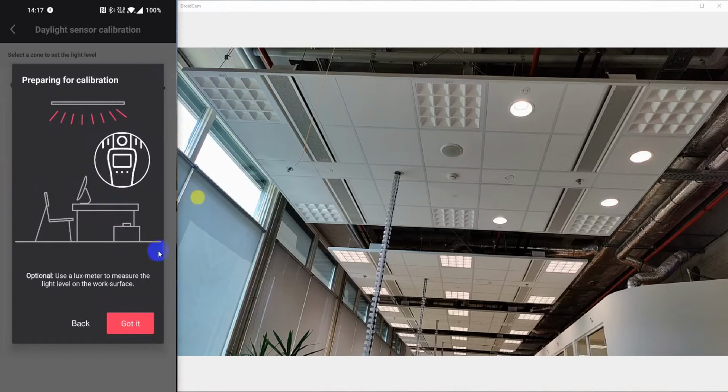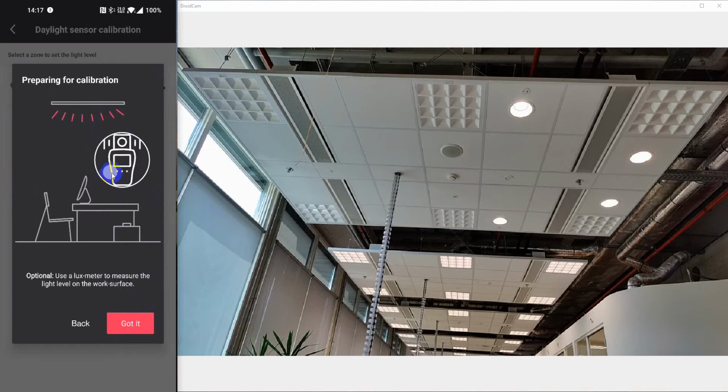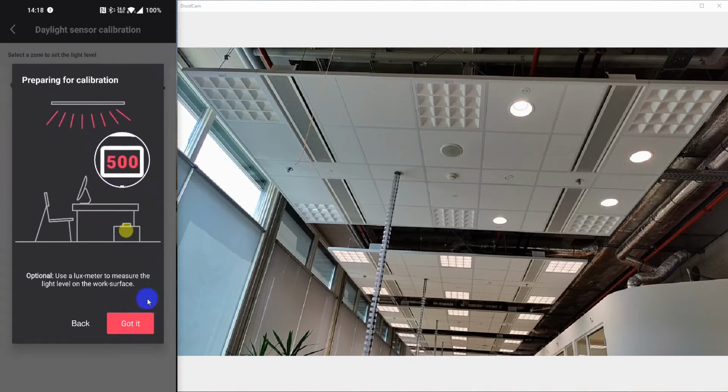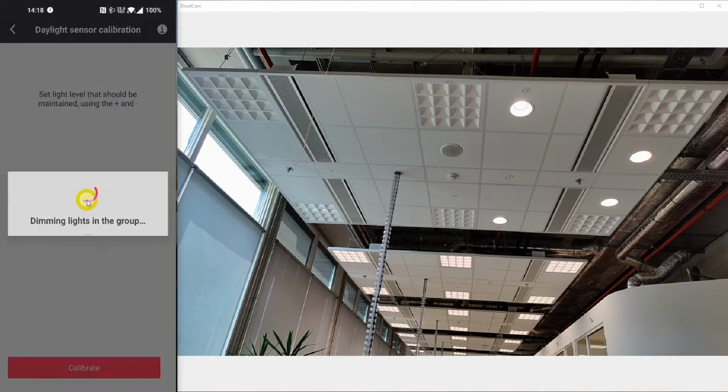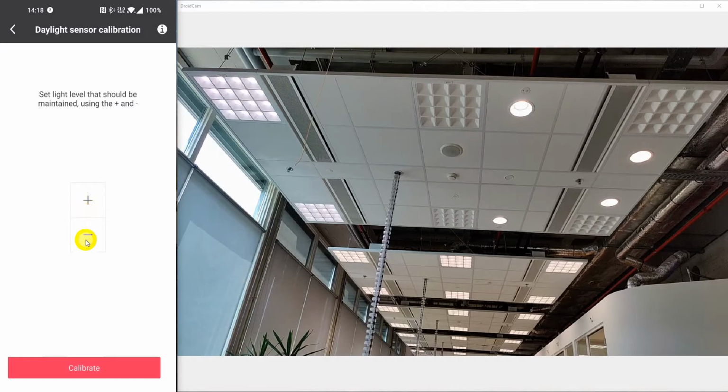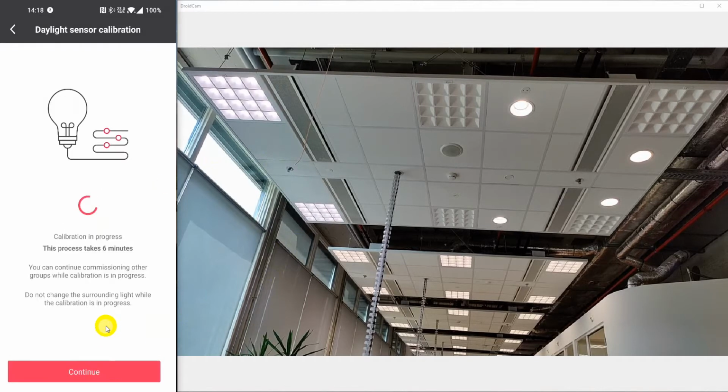calibration. However, there are just a limited amount of steps, so I will not be able to set it exactly at, for example, 500 lux. It will be just a little bit below or a little bit above. So I can press got it, and then I will need to press the plus or the minus to the desired light level. So imagine that this would be my desired light level, then I can press calibrate, and it